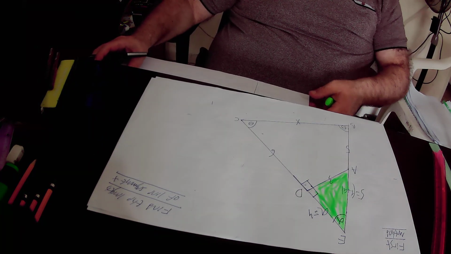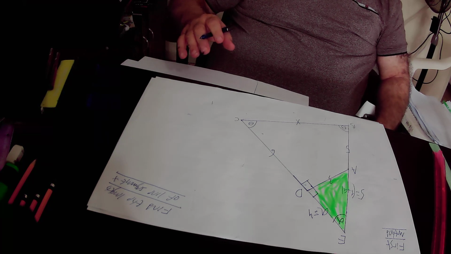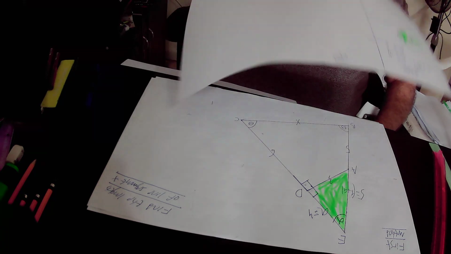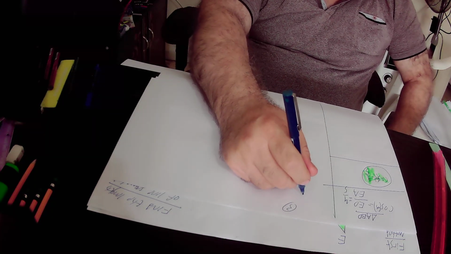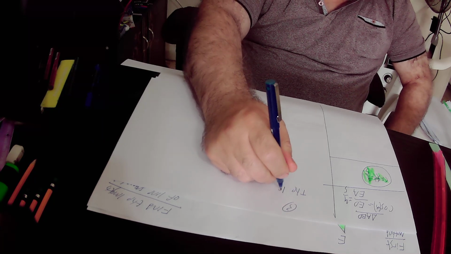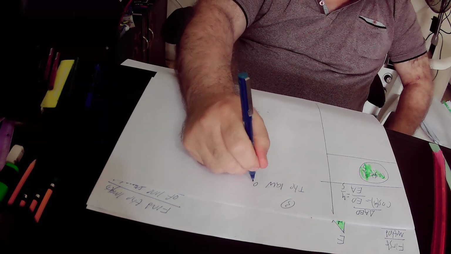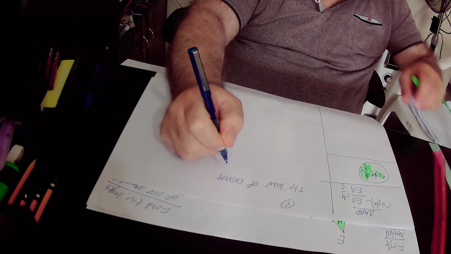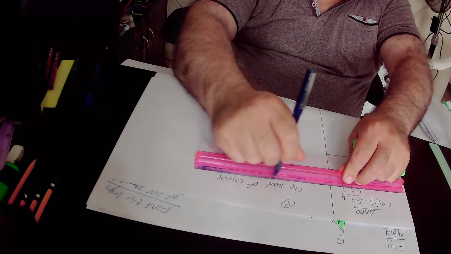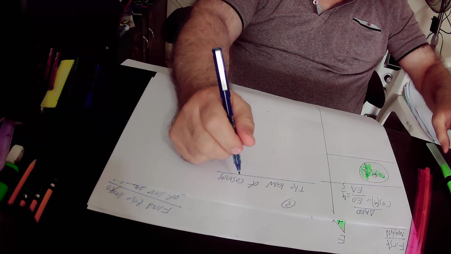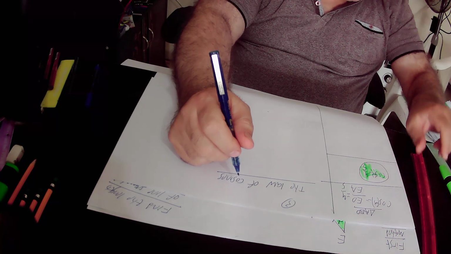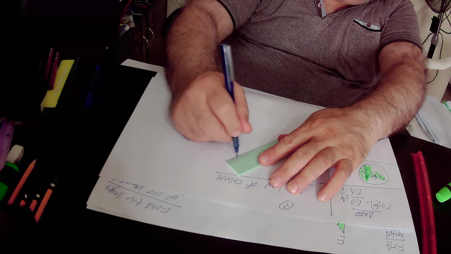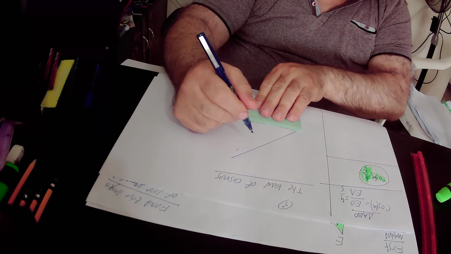In the next step, I will present to you a new law, and we will implement the law in this big triangle, triangle ABC. The new law is the law of cosines. The law of cosines is true in any triangle. So if we have triangle ABC, that could be any triangle,